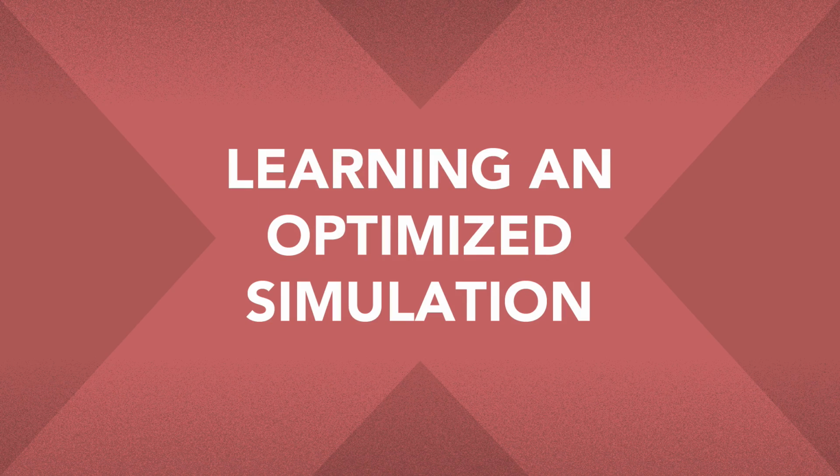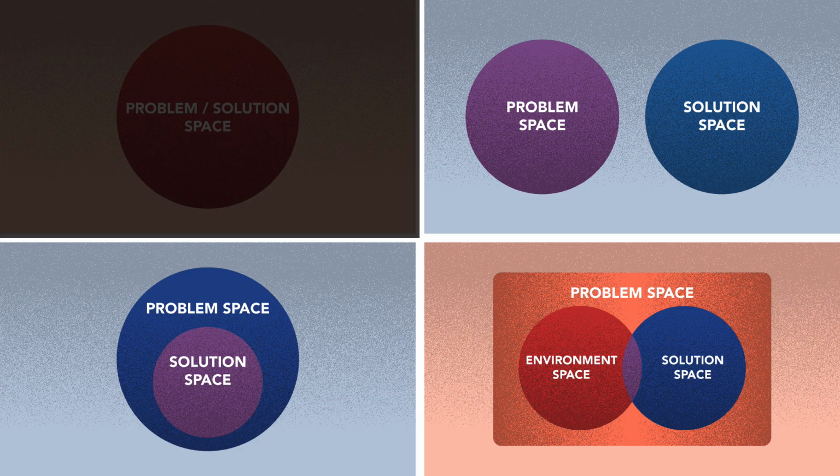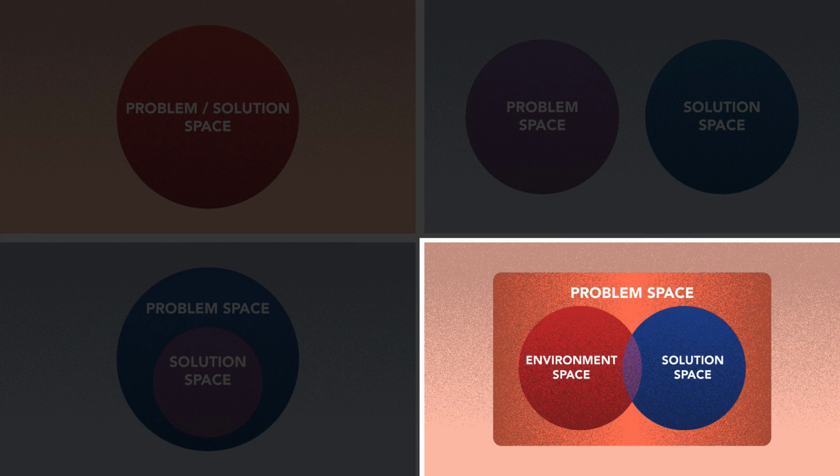Let's discuss a common pattern where you combine simulation, optimization, and learning. This can be applied in situations where the solution space and the problem space are not the same. Take design as an example. Design configurations are obtained from the solution space, and the design objective, the criteria that needs to be met, or the goal it's attempting to accomplish, lives in the problem space. The problem space generally is characterized by more dimensions and is sometimes thought of as the combination of the solution space and an environment space.